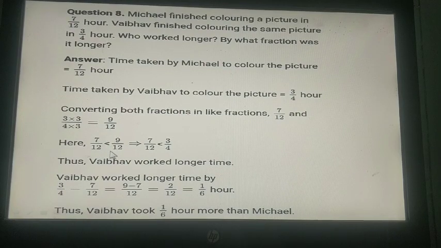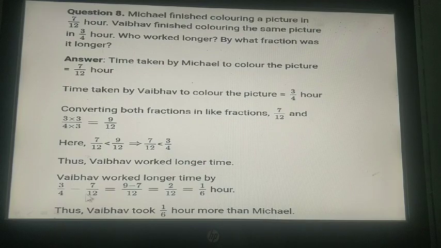7 by 12 is smaller than 9 by 12. So we can say that 7 by 12 is smaller than its equivalent fraction given to us, that is 3 by 4. Thus, Faber worked longer time. Now, by how much? So for that we will subtract. Now here what we'll do is 3 by 4 minus 7 by 12,